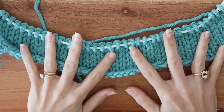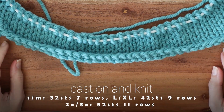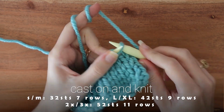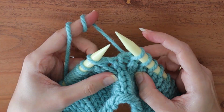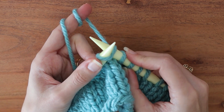So I've knit my first 7 rows, and I'll have the numbers for more sizes up on the screen. And I'm going to knit across 9 stitches for the shoulder. Now it's time to bind off in the middle for the neckline. I'm going to do a somewhat stretchy bind off by slipping the first stitch knitwise,